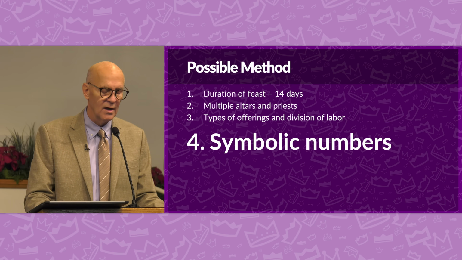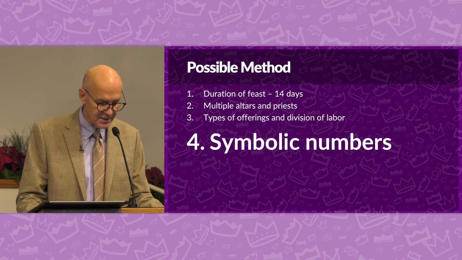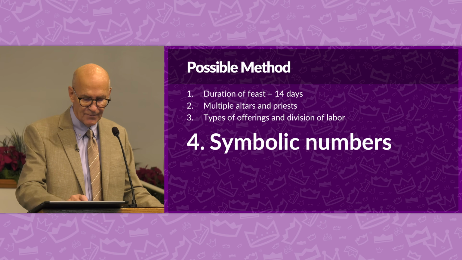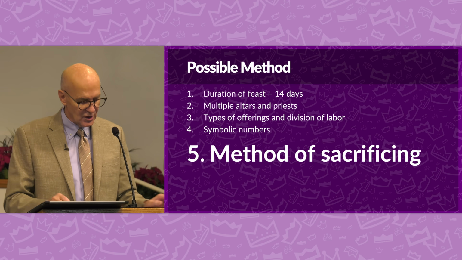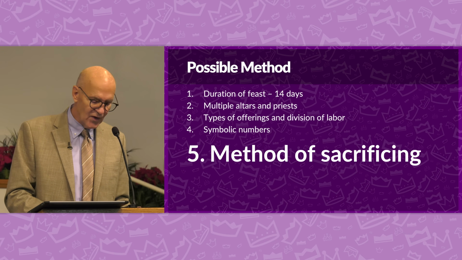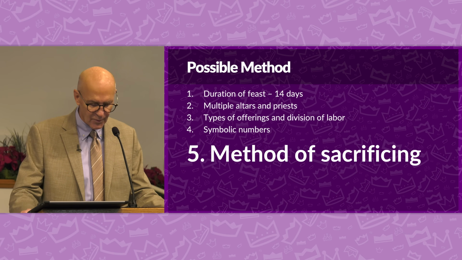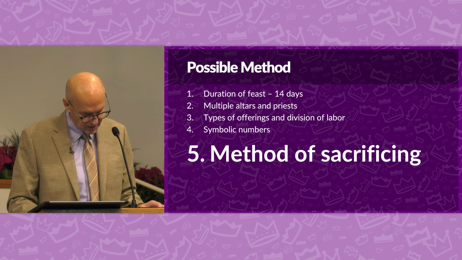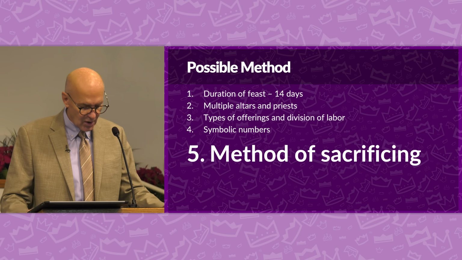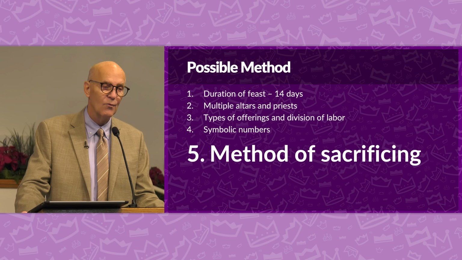They also used symbolism with numbers. There was also the method of sacrificing. The sacrifices themselves could have been carried out efficiently through the division of labor. The priests and the Levites would have been well practiced in performing the necessary rituals. Given the scale of the event and the potential additional altars, the process would have been highly organized, with different